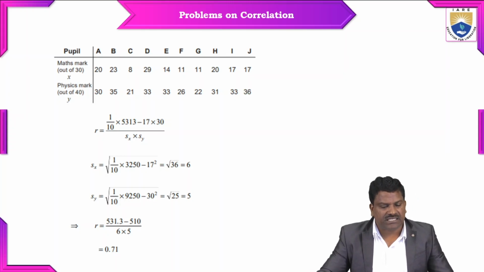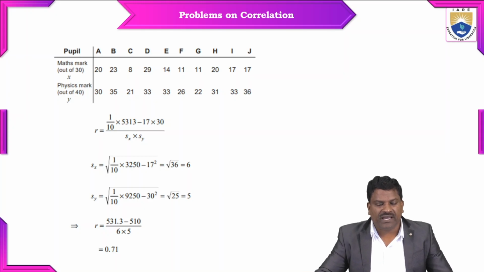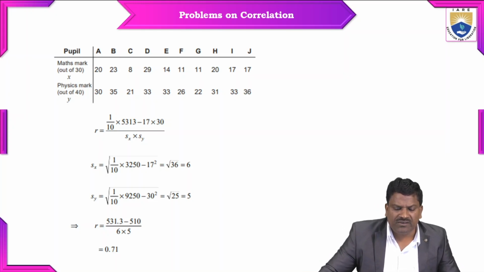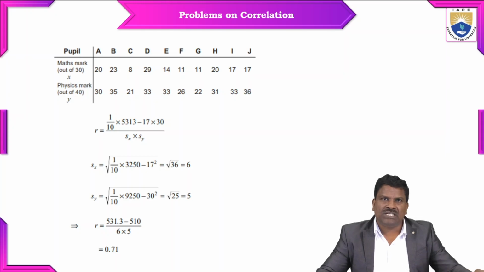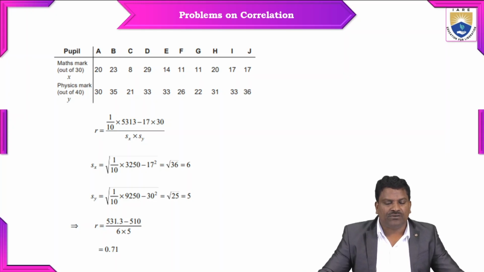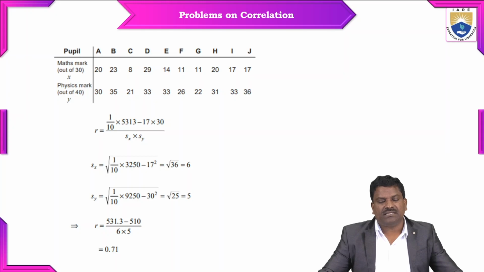So here sigma xy is 5313. You use that in the formula, 1 by n, 1 by 10, because there are 10 students in number, from A to J. That's why 1 by 10 into 5313 minus 17 into 30 by